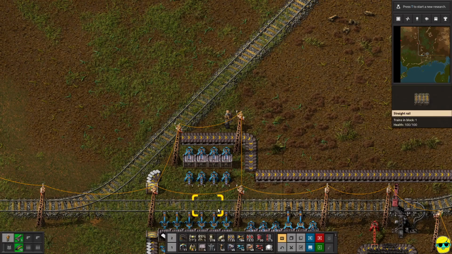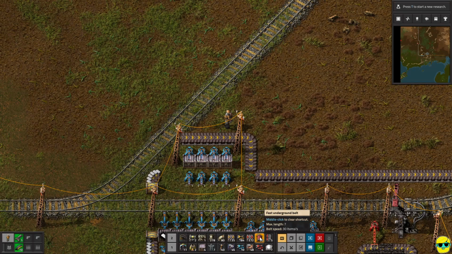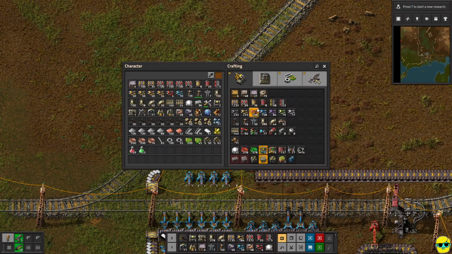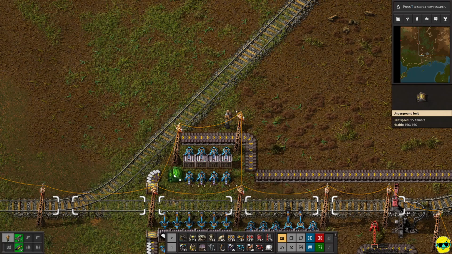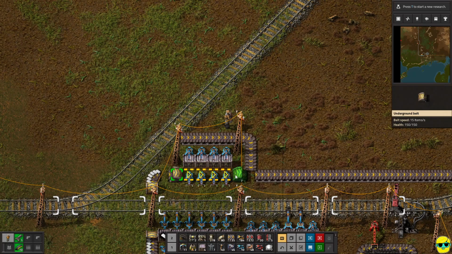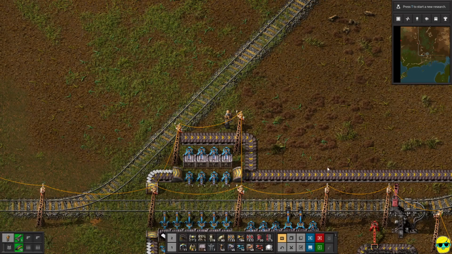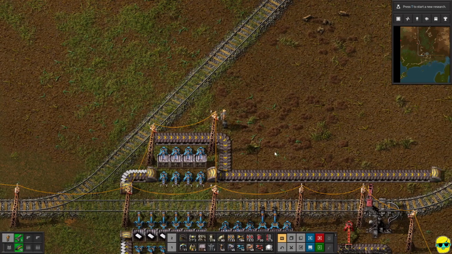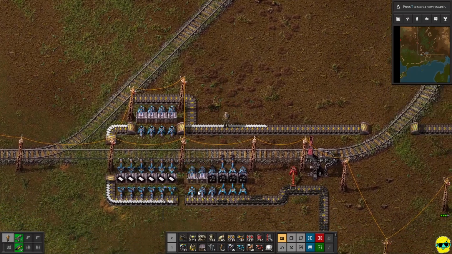Here's what I'm going to do. This is going to be kind of fun. I'm going to just take an underground inserter from here to here. And then put this here. And then put this like this. And now what we've done is we've created a double unload for